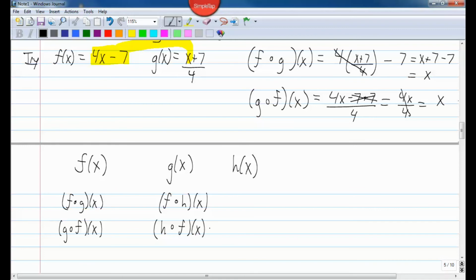Alright? If both of those are equal to x, then they're inverses of each other. If they're not inverses of each other, then I need to look at g and h. So I'll need to find g of h of x and h of g of x. If they're both equal to x, they're inverses of each other. If not, they're not inverses. That's the only way you can tell, if you have 3 functions,